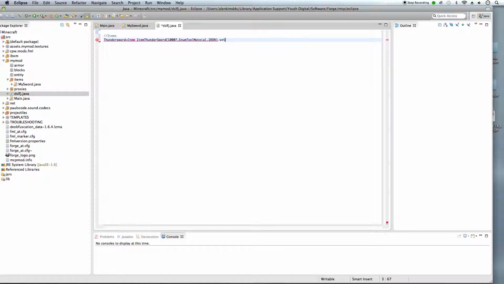Dot set unlocalized name and then you do the parentheses and then the semicolons and then thunder sword,